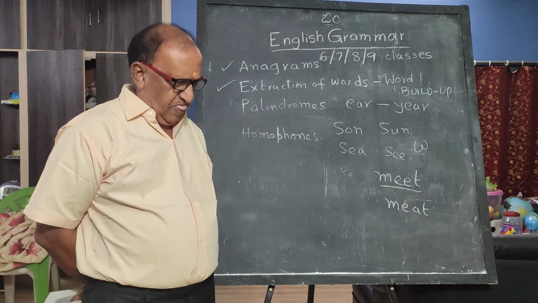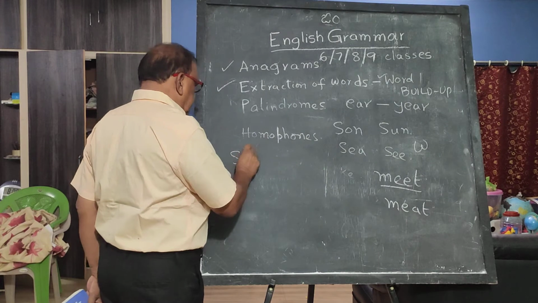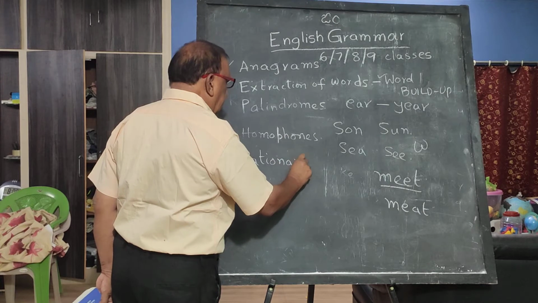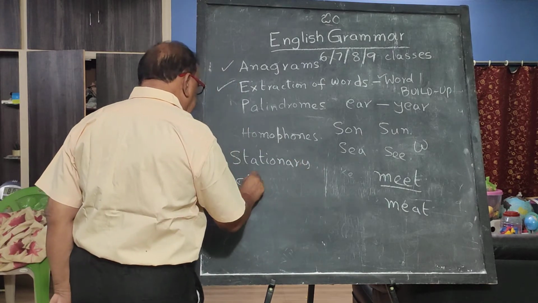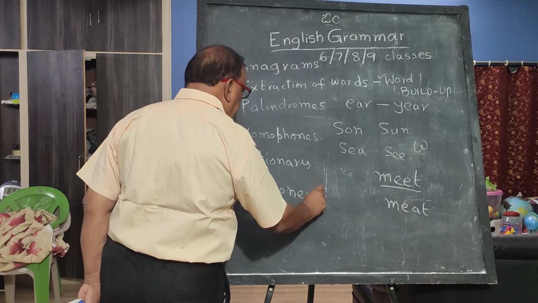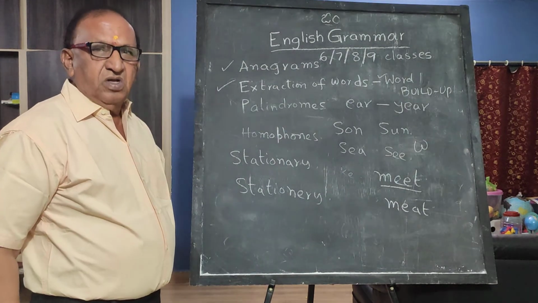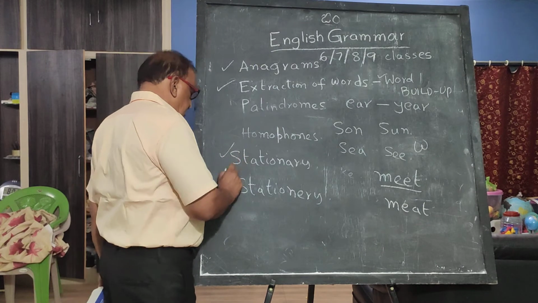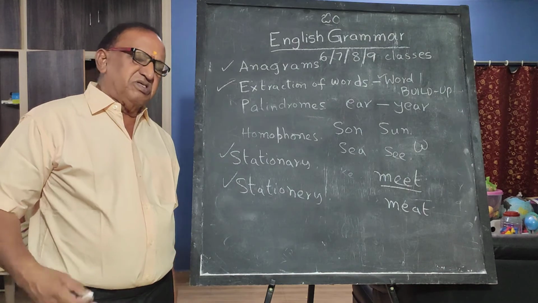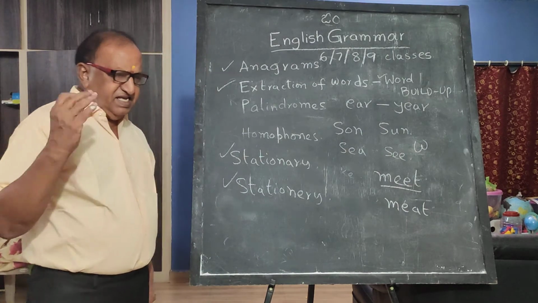There is a technique by which, suppose you have the word stationary, S-T-A-T-I-O-N-A-R-Y. There is another word, stationery, S-T-A-T-I-O-N-E-R-Y. So which one is correct? How do you remember what this means and what this means? So there is mnemonics. I may give you some examples maybe tomorrow or next class. But here, what the technique is,